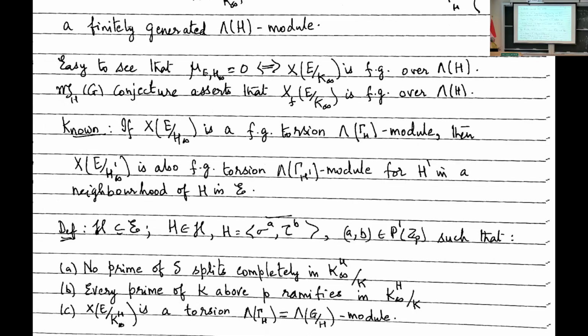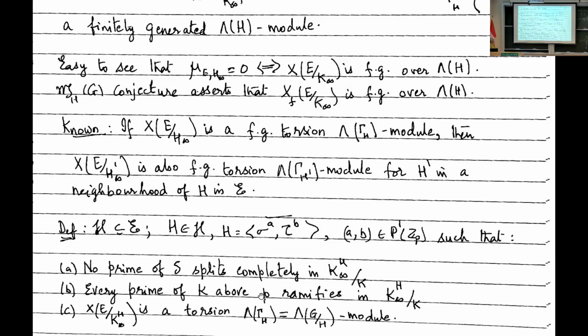Okay, before that, let me make these observations. So again, now there is this family of Zp extensions. So there are natural questions which we can ask. Where are they? Suppose I know something about one family, what can I say in a neighborhood? Now what we can say is for this subfamily, I take this subset here, H, and I make these assumptions. These are all the intermediary Zp extensions where I need to make these assumptions. No prime of S splits completely in this extension, in this intermediary fixed field.